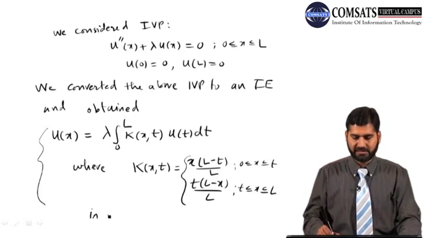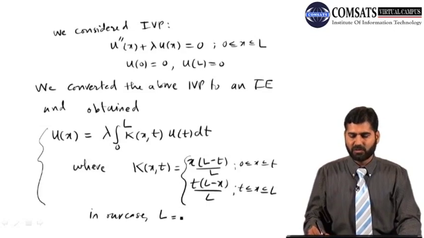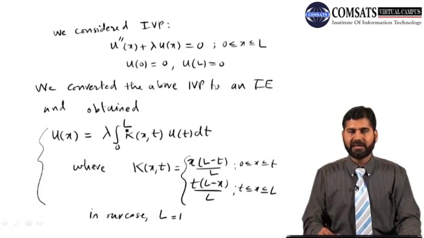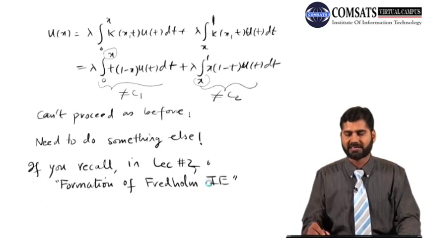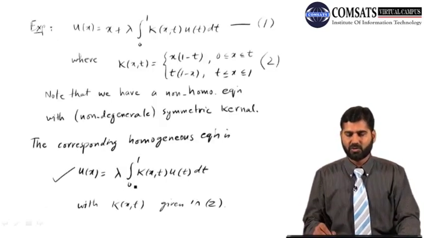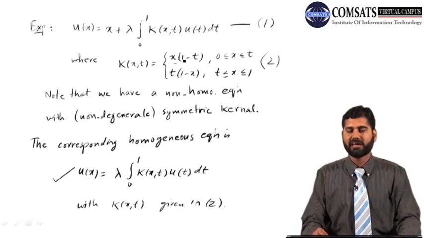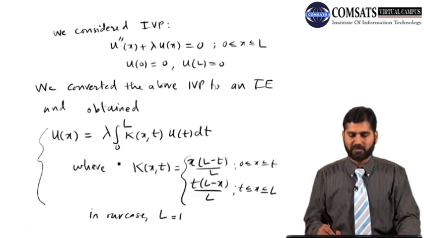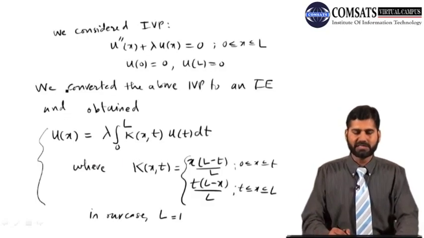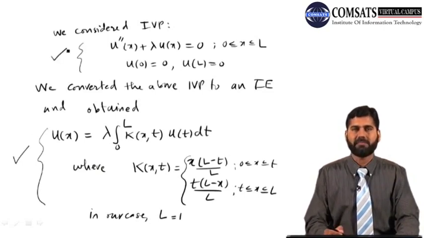In our case, what is the difference? The difference is L is equal to 1 here. If you compare, our integral equation is from 0 to 1, so L is 1, and if you replace L by 1 here, you get x(1 minus t) and t(1 minus x), exactly this equation. 0 to 1 and L is 1 here, you see, L is 1 everywhere. So we got the same problem, this problem, with L equal to 1. So what I can do is, it means this problem and this initial value problem are the same.